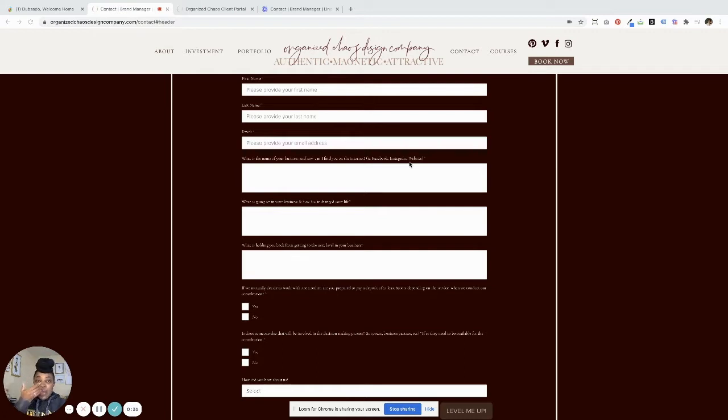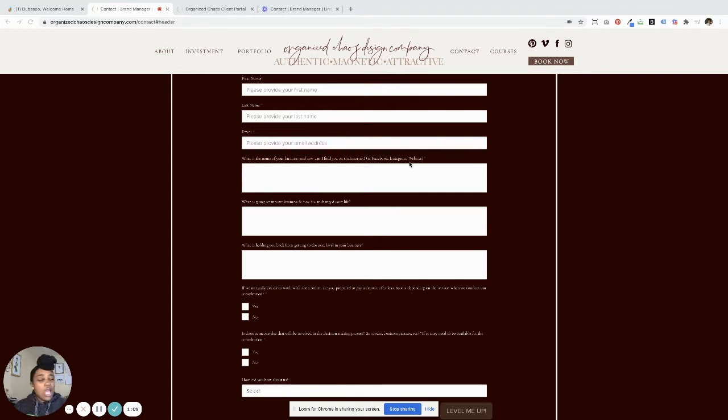So the good thing about the form being a Dubsado lead capture form is when the client gives their information, it's automatically integrated into your Dubsado platform. So you don't have to duplicate any information. It's already there, and it's really, really great for people like me who are pressed for time. Because if you remember earlier, being an entrepreneur isn't my full-time job. So while I'm at my 9 to 5 and people are filling out contact cards, they're not waiting on me to get off from work, because as soon as they fill out this contact card,